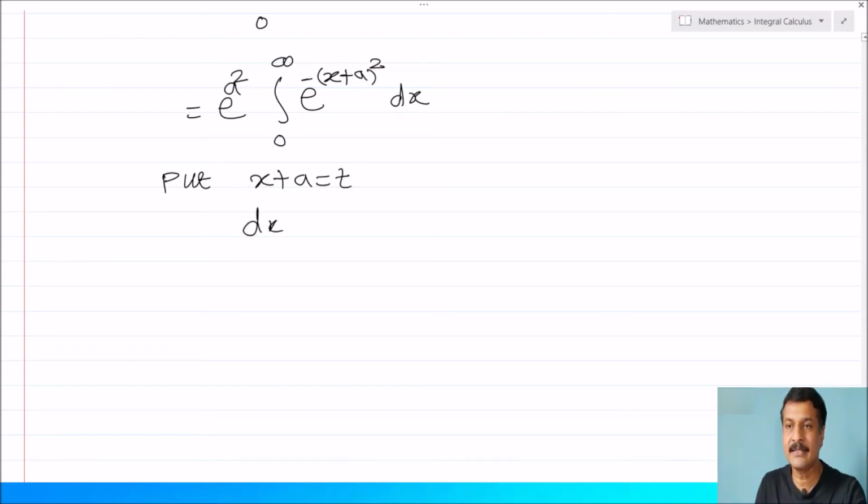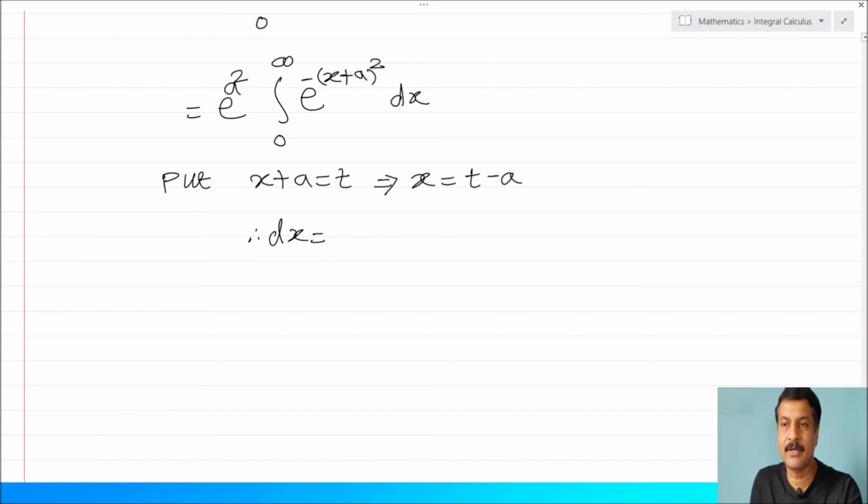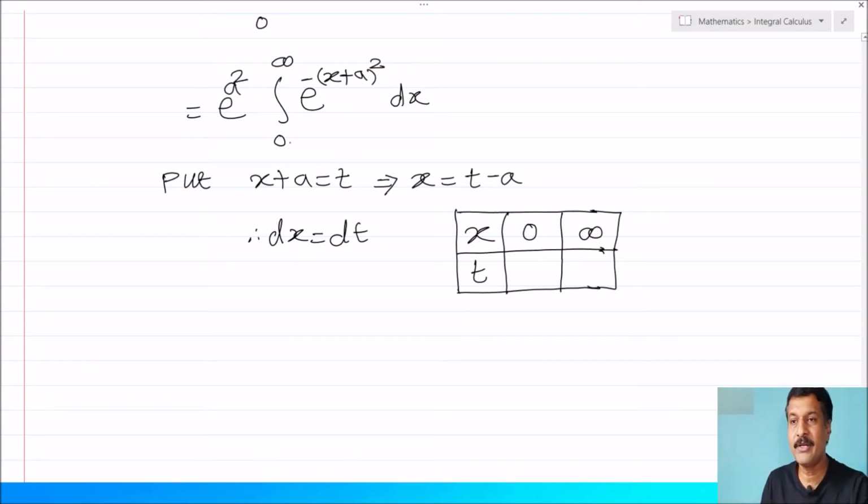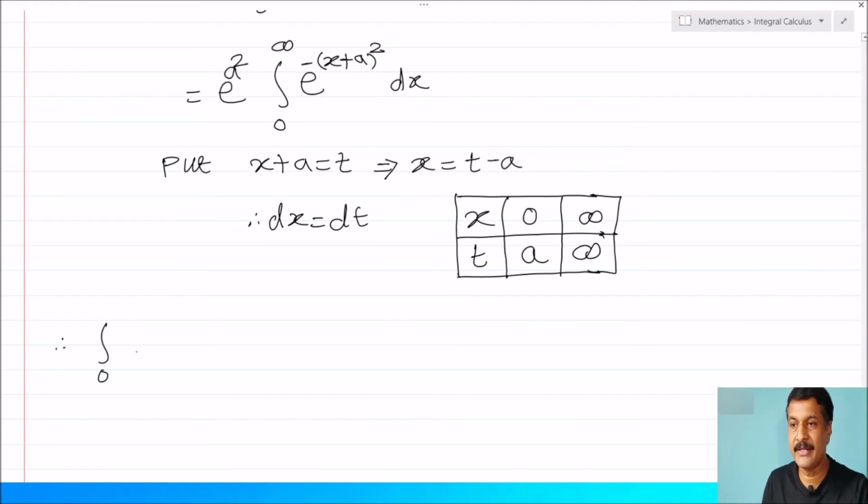So what is the dx here? So therefore this implies that x equal to t minus a, and therefore dx equal to dt. What about the limits from x to t? So given limits of x are 0 to infinity. So if we put here x equal to 0, I am getting value of t is a, and when x equal to infinity, I am getting value of t equal to also infinity, and therefore integration 0 to infinity, left hand side as it is, that is the e raised to minus x square minus 2ax into dx,